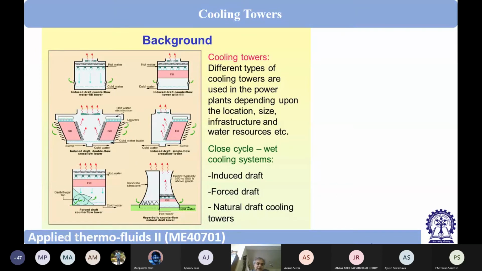So here you see, I will show you some photograph. Here you see, this is a natural draft cooling tower. Here the hot water is injected, and here we have got the fill. Here we can get the cold water, and above the hot water, this big thing is actually a chimney. This chimney, due to the difference of density, hot air density and cold air density, will create some sort of a draft or airflow. So we will get very high airflow.